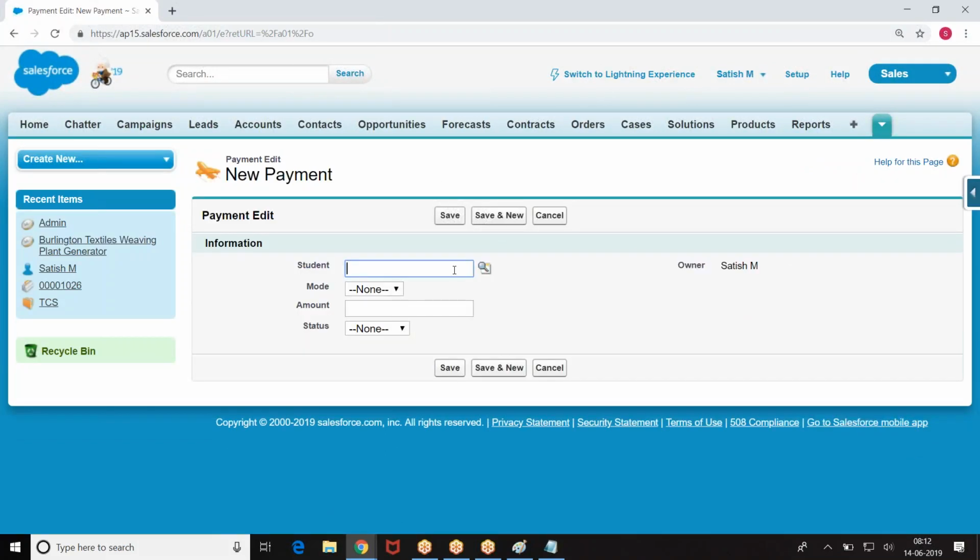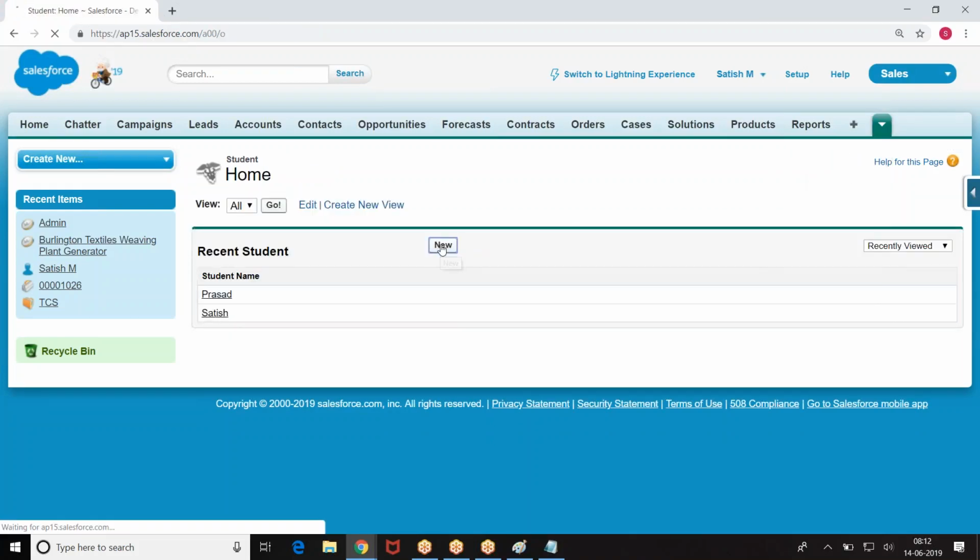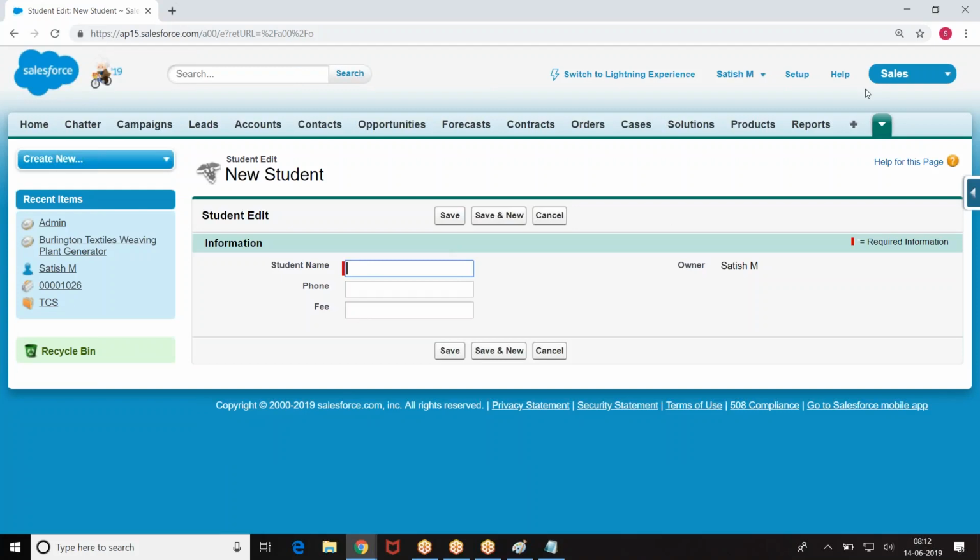There is a relation between student and payment. Who created this relation? This relation was created by the user. It is not the standard relation. So we have name, phone, fee, mode and amount.